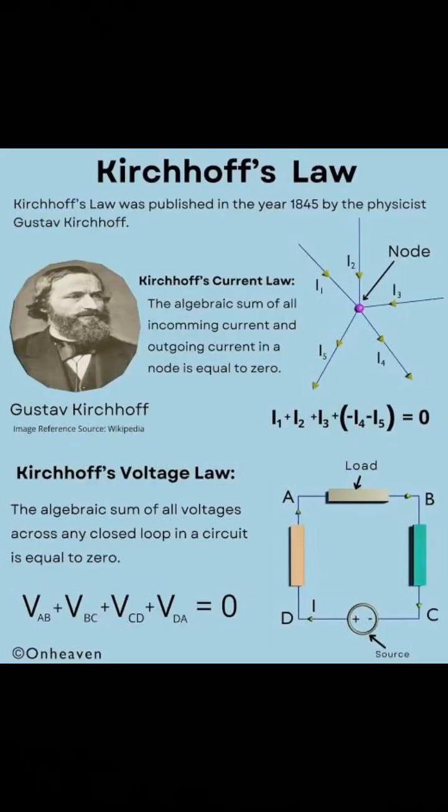To successfully use this calculator, input numbers only, separated by commas, double check for typos or extra characters, and understand the principles. KCL is about currents at a node, and KVL is about voltages around a loop. With accurate input, the program can help you validate your understanding of KCL and KVL.